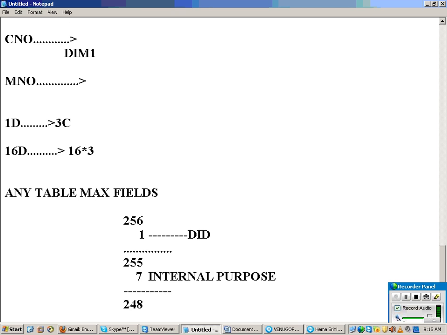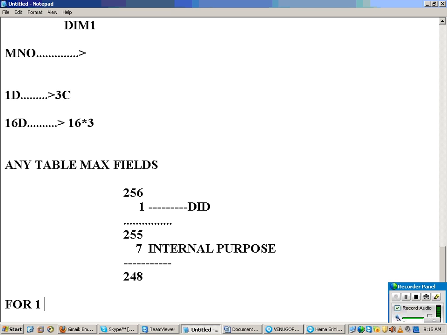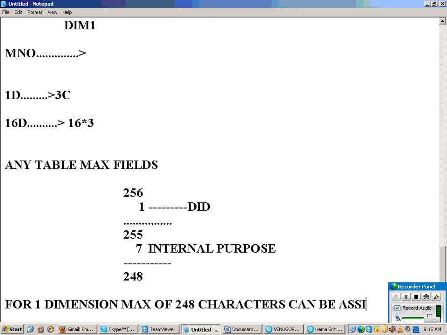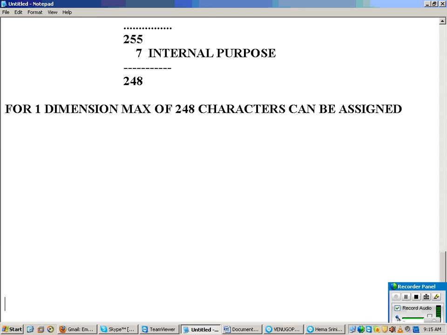That means for one dimension, maximum of how many characters can I assign? Like that, how many dimensions do you have? 16 dimensions.